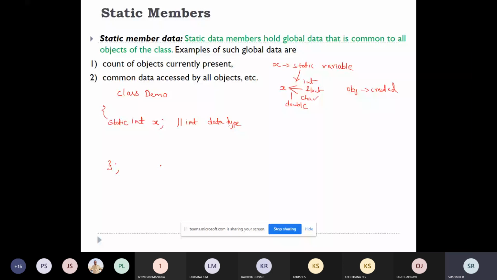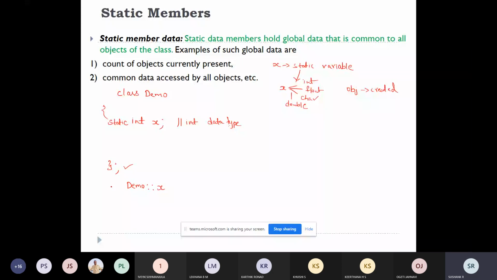Memory will be allocated when you define the static variable outside this class. This class ends at this area, so outside the class, when you define the static variable, memory will be allocated. You write the class name, scope resolution operator, then the variable name, and the type is integer.